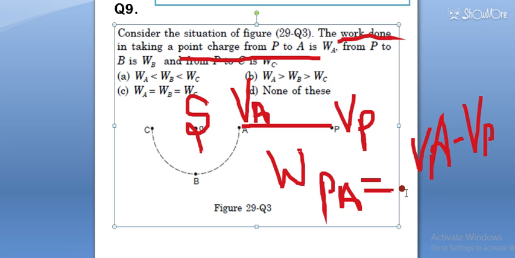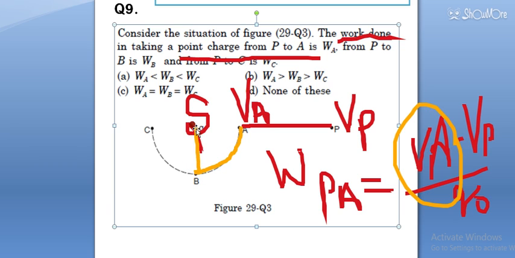Okay, so this will be multiplied by the point charge Q, let's suppose Q naught. So students, the final potential is VA. Here you can see this is the final potential VA. If I move to B, then VA is also equal to the potential VB, because the radius is the same, VA is equal to VB. So if I have to find the work done in moving from P to B, the work done will involve VB, but VB is also equal to VA.